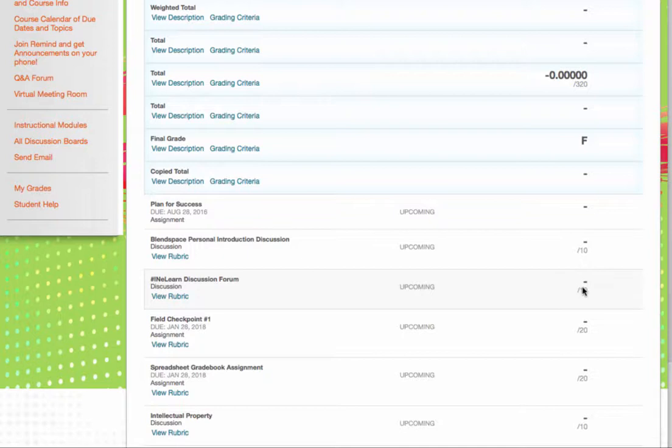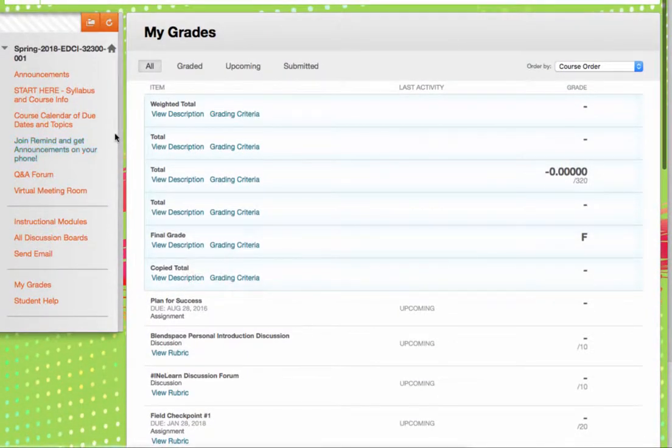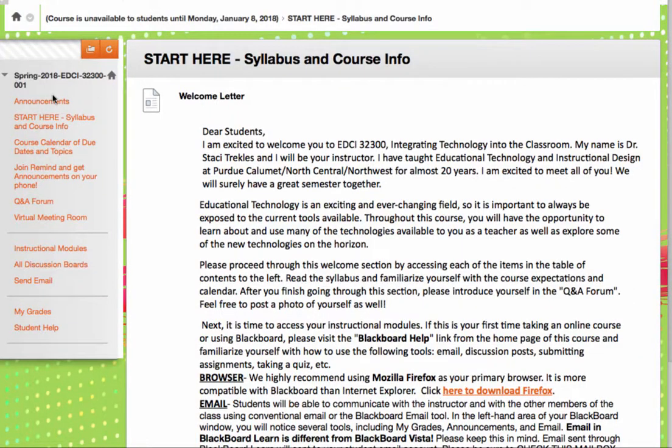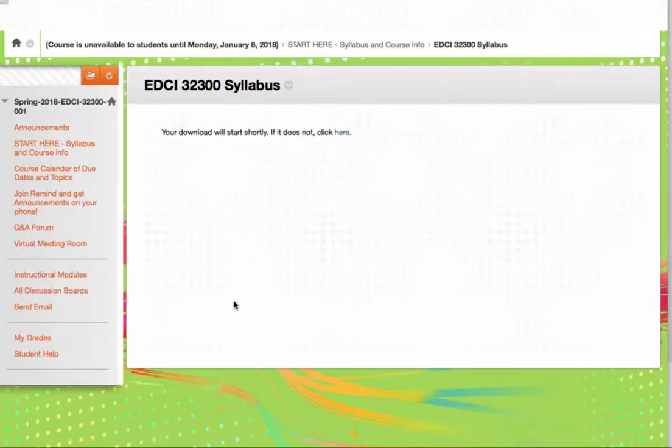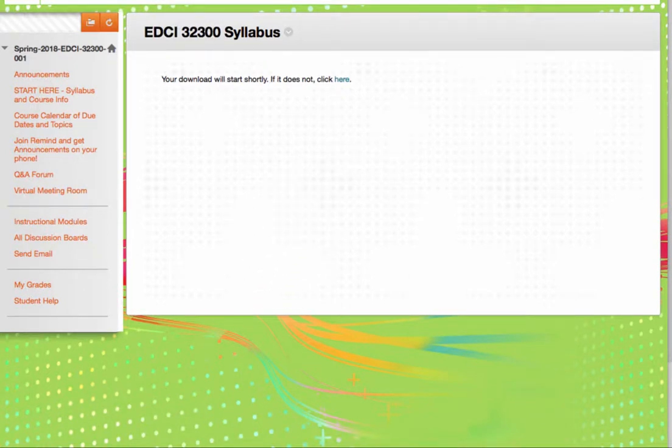If you're not understanding why it is that you're getting, say, 8 out of 10 on something, then look to View Rubric, and if you've read it and it still doesn't make sense, ask me, because that way we'll all be on the same page and we'll know what's going on. And there's always a chance that I made a mistake too and missed something. So you're always going to want to check that out. That is more or less our course and how to navigate it. Of course, as I said before, you'll want to go find the syllabus. It is a Word document, so it'll open up in Word.